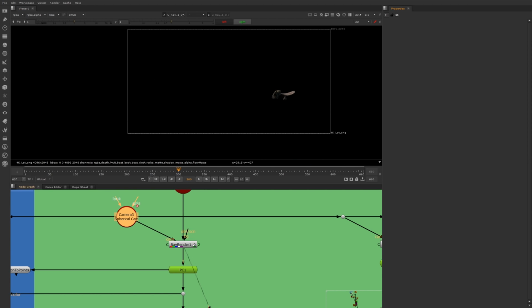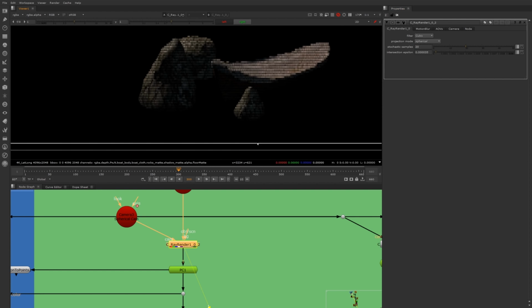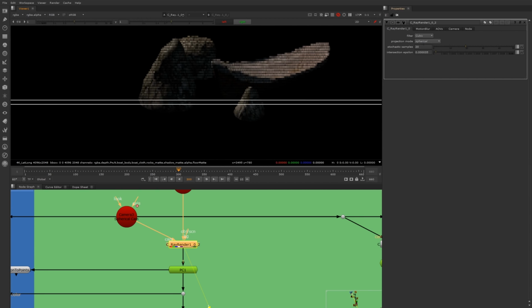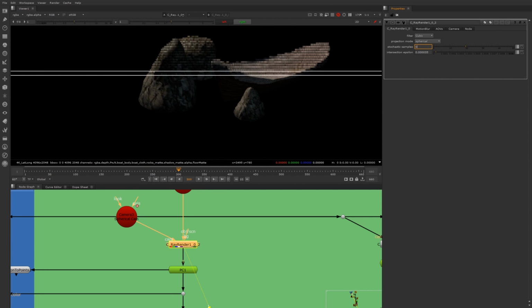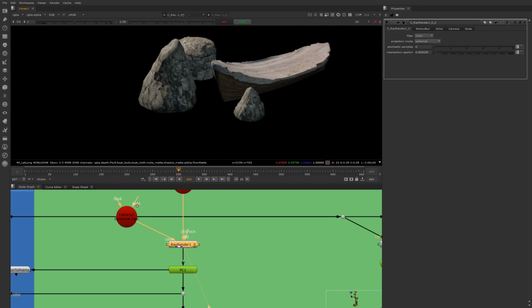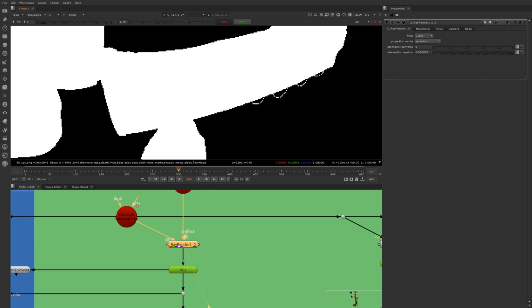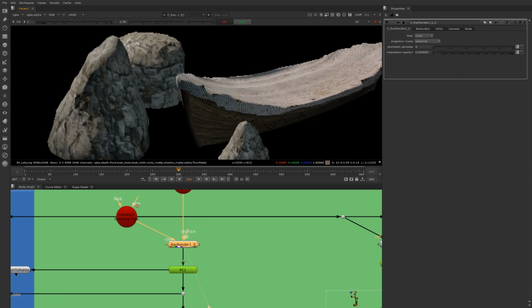So we're using our spherical camera that we used in Modo, and this is just a plain spherical camera coming in from Modo with the exact same settings we had set up in there, and that feeds into our CARA VR Ray Render node. And we want to make sure our projection mode is set to spherical, and our samples by default are going to be set to 0. And we definitely want to crank those up quite a bit